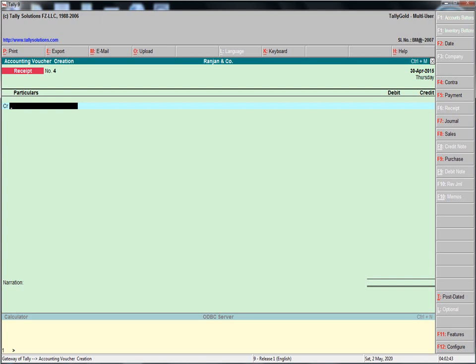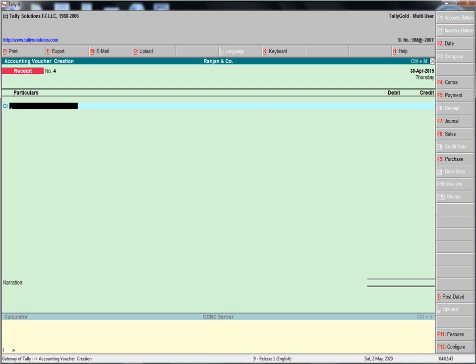By using the function keys on the keyboard or by using the mouse, you can click on the option, and the screen will process according to the option. Here we take a receipt, F6, because Shivaji Traders started business with rupees 20,000, which means cash account debit to capital account. So when you press F6,